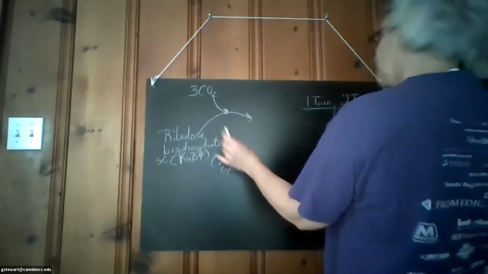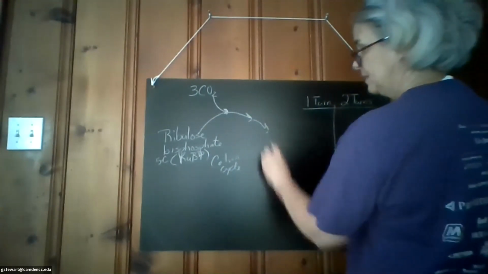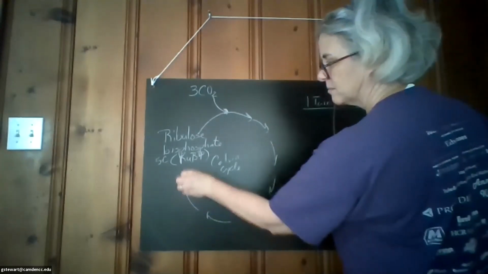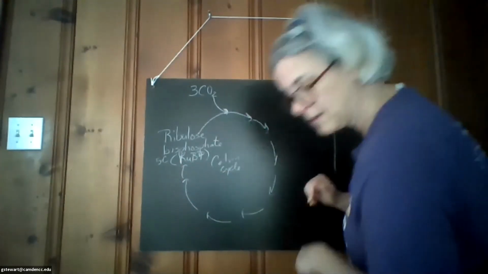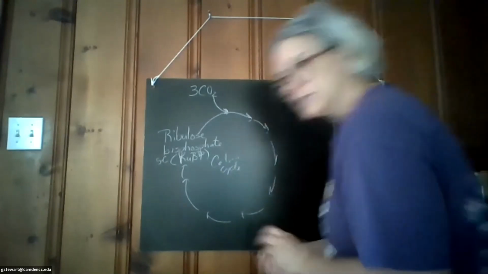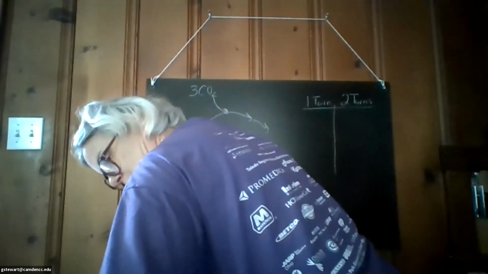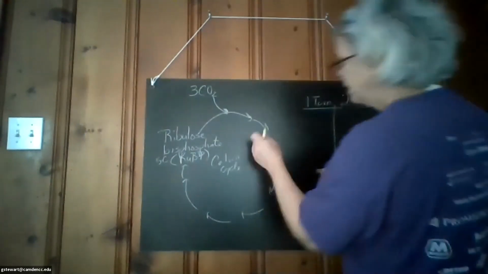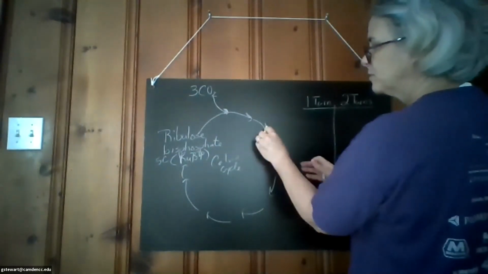And that first molecule is a super, super short-lived intermediate. You don't need to know its name. And again, just like with the citric acid cycle, I'm going to draw some random arrows going around the Calvin cycle. And the things that we need to pay attention to with the Calvin cycle are the following. Here, right at this almost very first step,